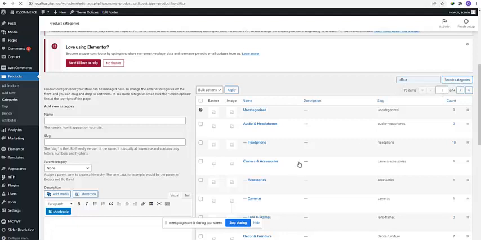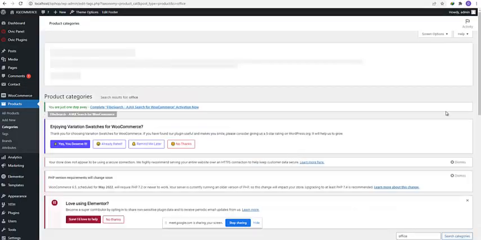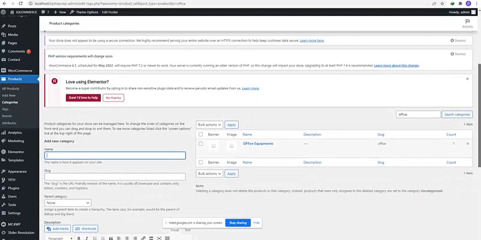And now, if you don't need all these categories that are there by default, you can also delete them by removing them. If I click on this now, I can easily come here and delete it. Now this is office equipment that